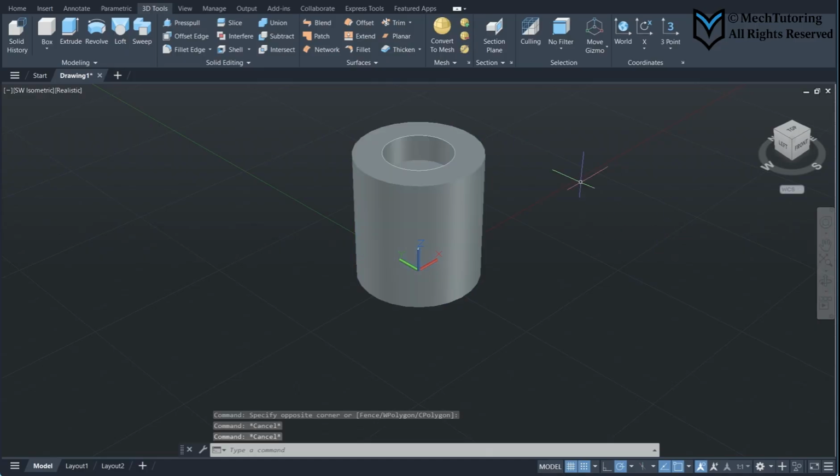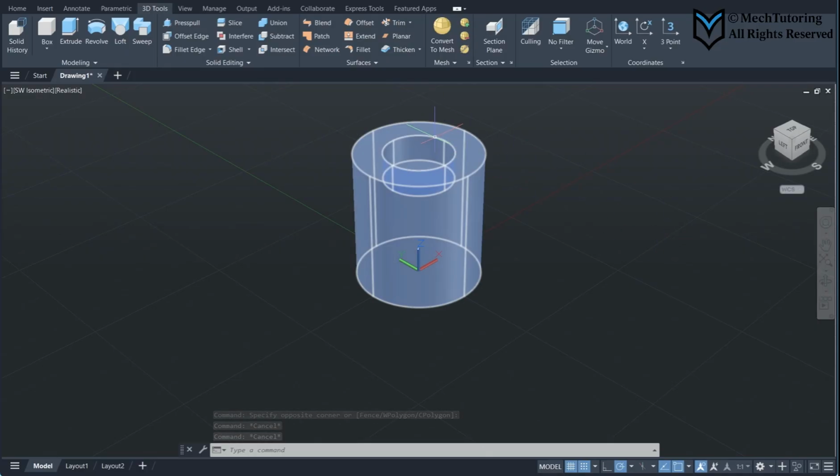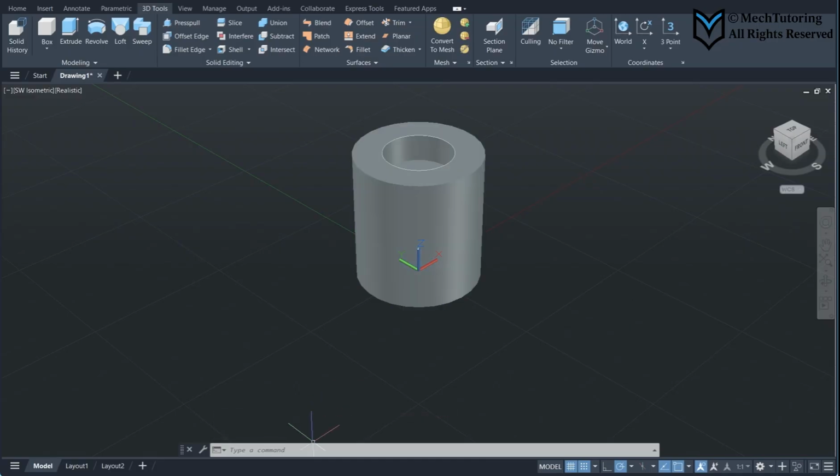I don't recommend this way because you have to create this part first, then you have to create a part at the middle of it, the smaller hole which is going to be of dia 12 going until the end of the part. I don't do it this way. It's possible to do it this way, but it's not a good technique. Let me show you a better one. So I'm going to go back